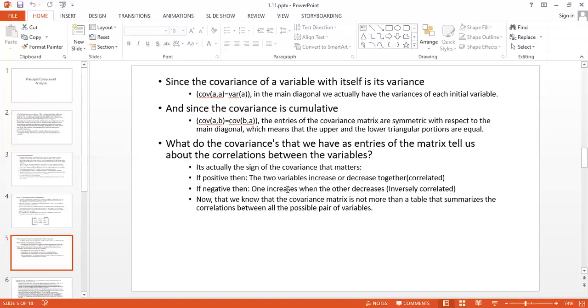Now we know that the covariance matrix is nothing more than a table that summarizes the correlations between all possible pairs of variables. So all these concepts are there when we take the example of principal component analysis. By taking the example of principal component analysis, we will better understand the exact concept of all these things, or how these concepts are related mathematically in the example only.